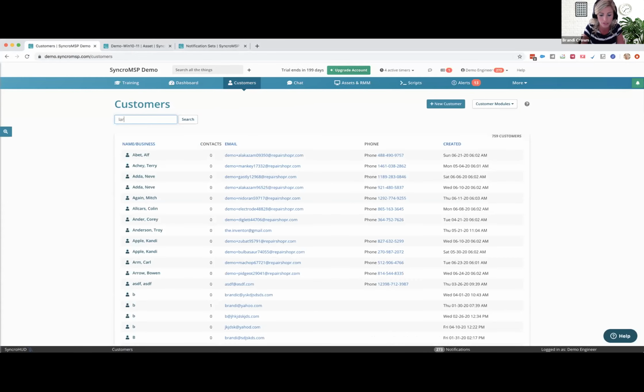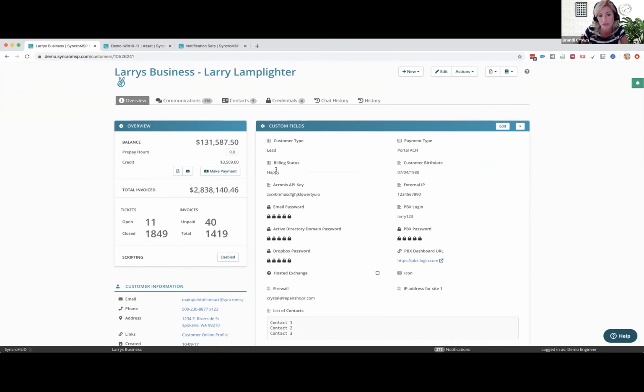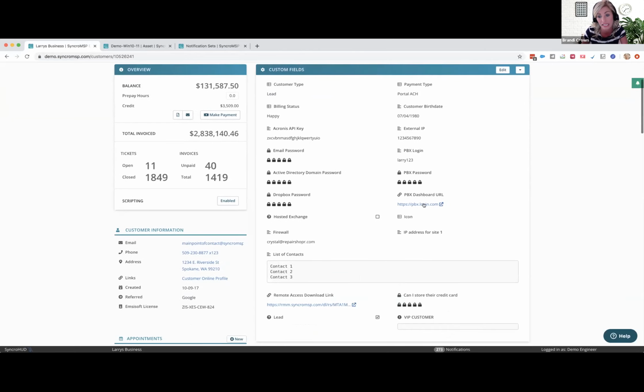So if you want to, you could do it this way. I'm happy to log what you're looking for, but you could create a custom field and just put that information in here. Custom fields can be created for a customer, contact, ticket, and asset. And I believe Shane's also asking about those fields on the asset, like if you add passwords, they can absolutely be encrypted too. So you can have text boxes, they could be drop downs, they can be links to other